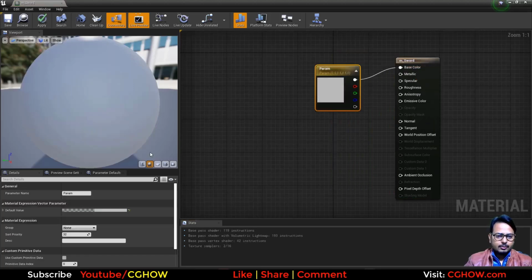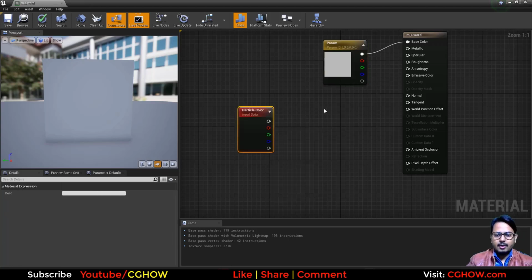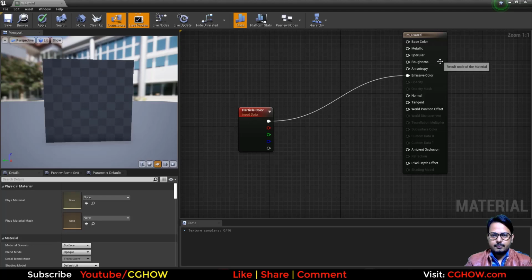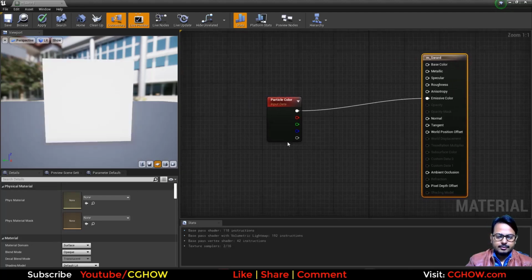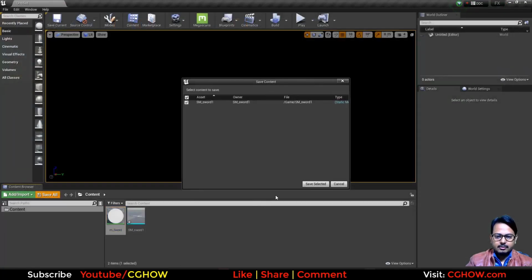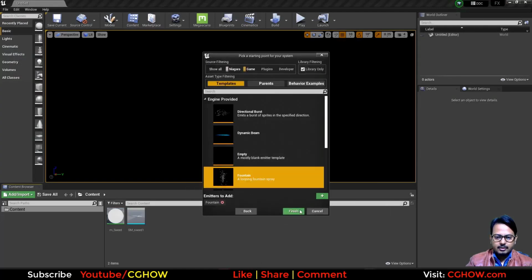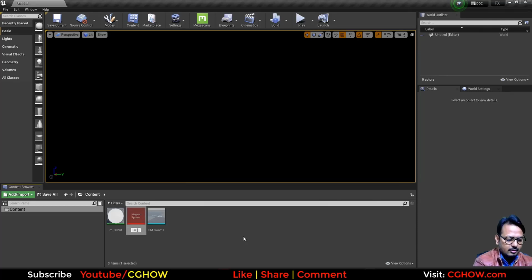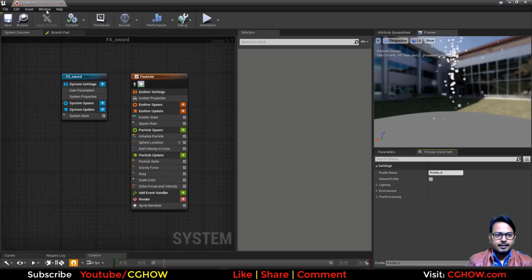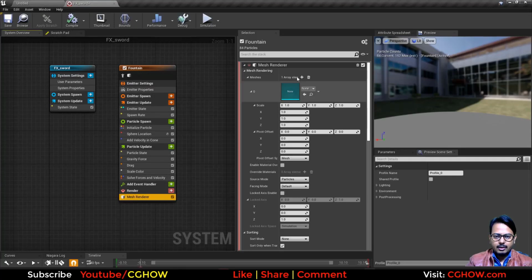and what I'll do with this, I'll take the particle color and connect it here, and okay, for now I'll just use a flat color. Save this, and I'll make a FX folder and FX sword FX. And here first I need a mesh renderer, so I'll use that sword, then material,